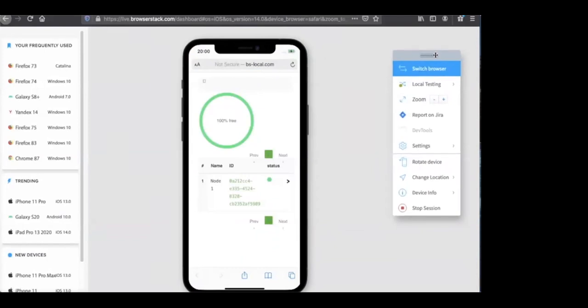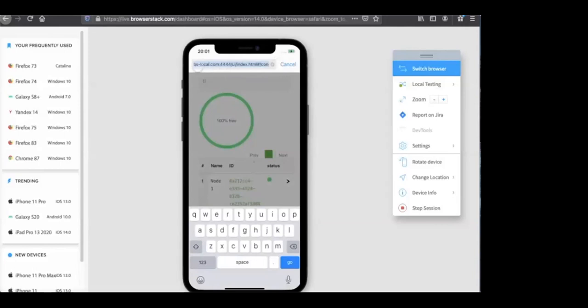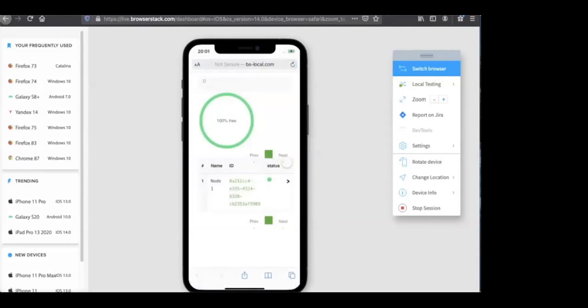Got everything working. Okay, so one thing, and don't worry about this too much, is because we're using local and the way iOS works, we've got to do a bit of tweaking to the URL. That's why it says BS local. It just means that it's going through to localhost. It's just BS local instead of localhost. It's a little quirk to do with iOS, unfortunately. But the main thing is that it's loaded up my local site.